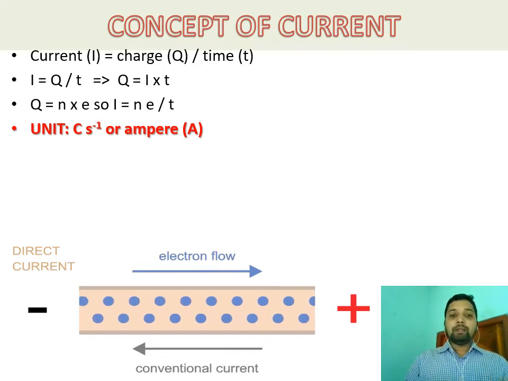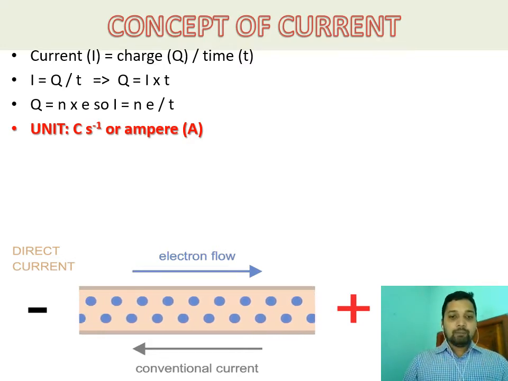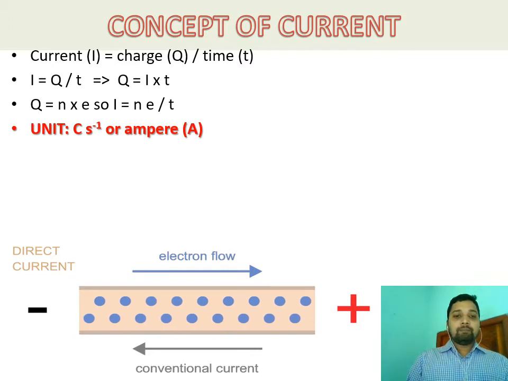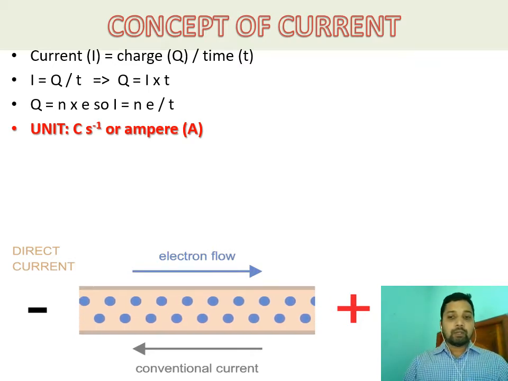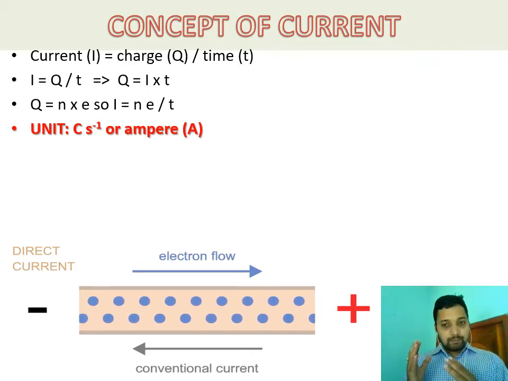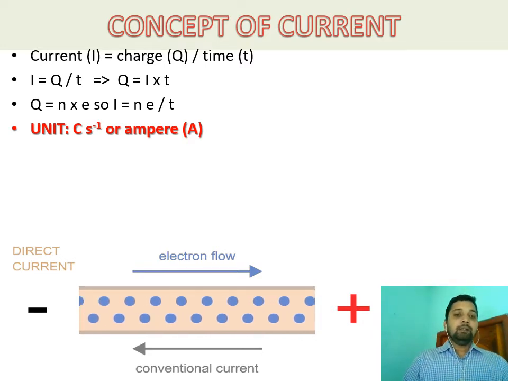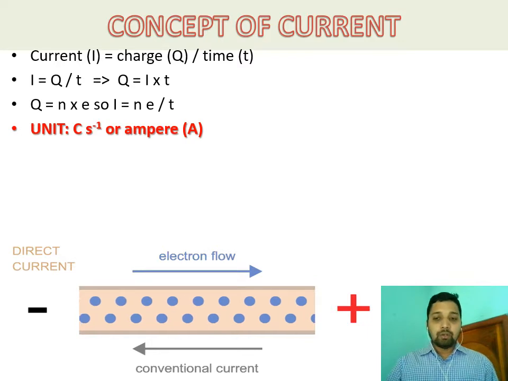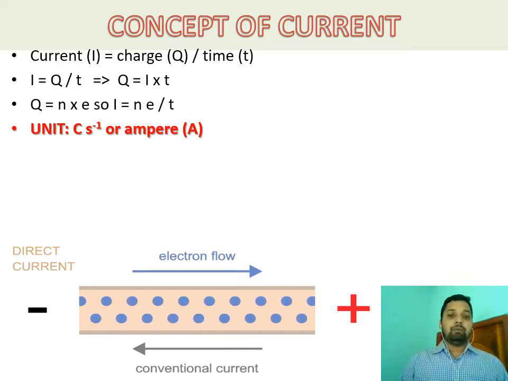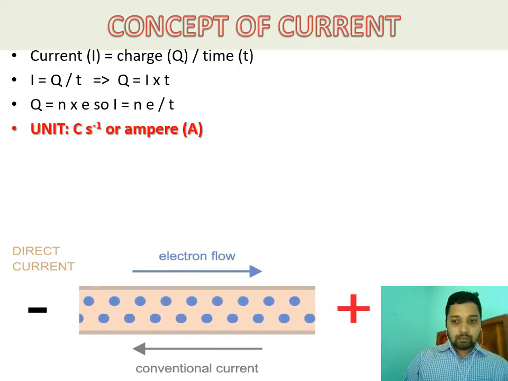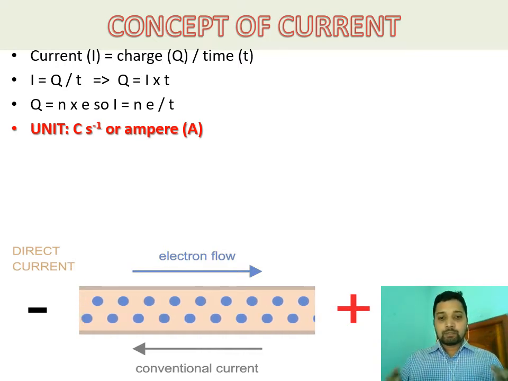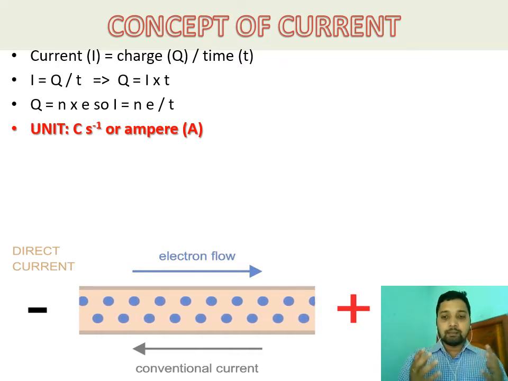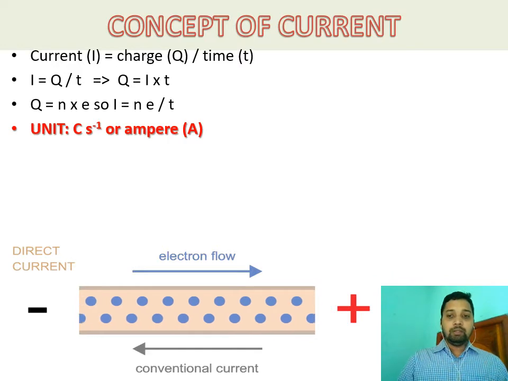Now the direction of flow of current. Direction of flow of current means usually electron is moving from negative side toward the positive side, whereas positive charge is moving from positive side toward the negative side. We are taking conventionally the direction of flow of current as the opposite of flow of electron, which is electron flowing from negative to positive. So conventional current, or conventionally we are taking the flow of current from positive to negative.